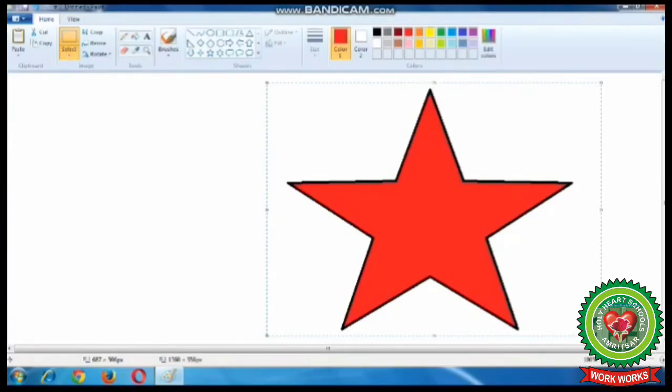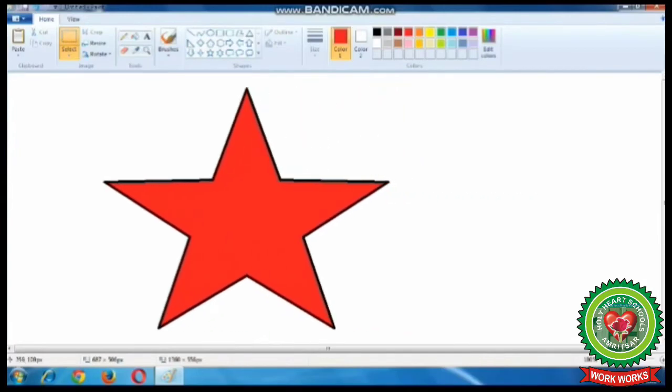When you will select the shape, you will see a dotted rectangular box will appear, which shows the selected part of your image.